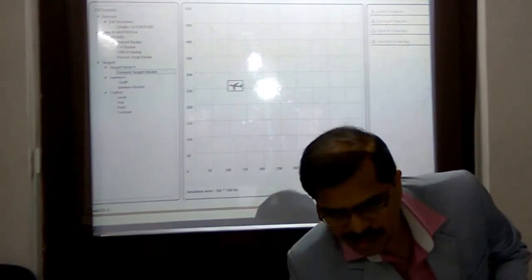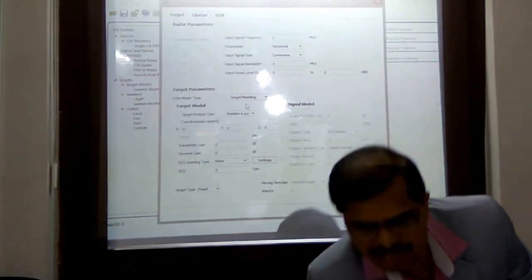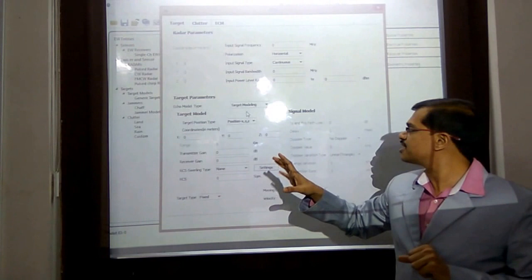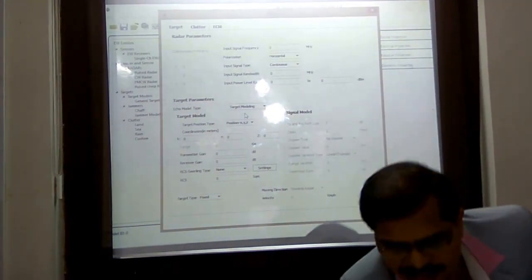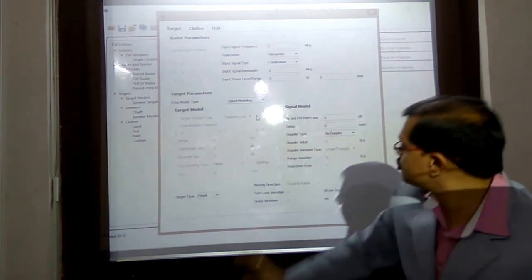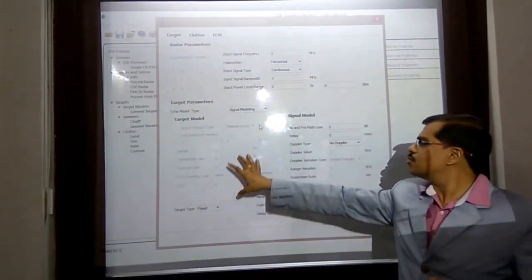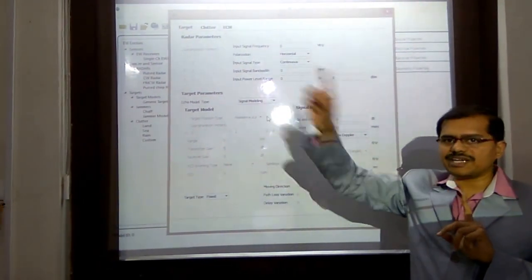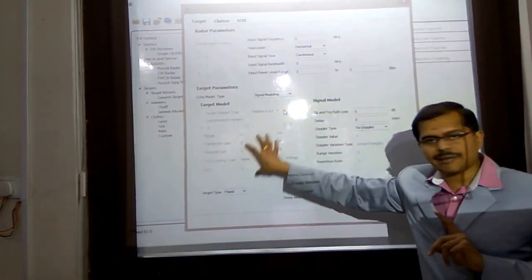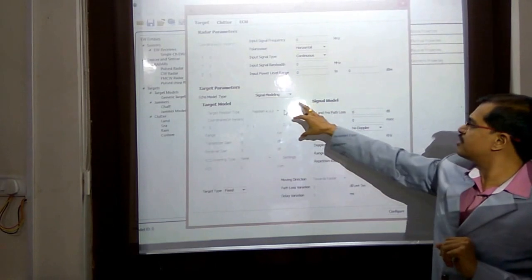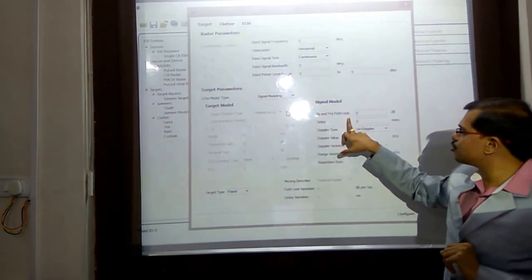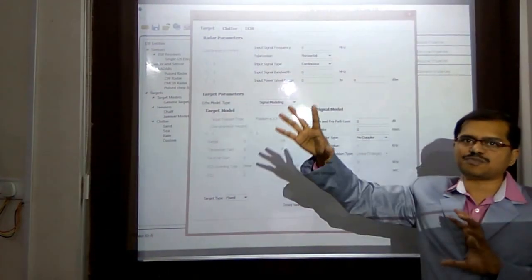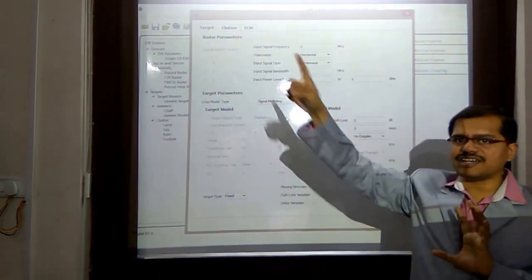I'll quickly take you to the present demonstration. We have multiple videos, each catering to one specific feature of the radar target simulator. Now look at this one, called signal modeling. There are two ways that you can model an echo. One is the realistic target, where you mention the distance, the to and fro path gets counted automatically, and the gain of your antenna. I am covering that in a different video. I am starting with the simpler one, signal modeling, where you mention your to and fro path loss, which indicates how much attenuation you want to simulate.